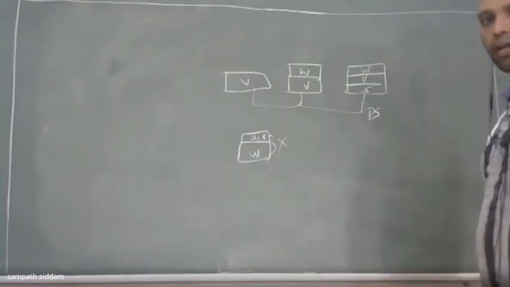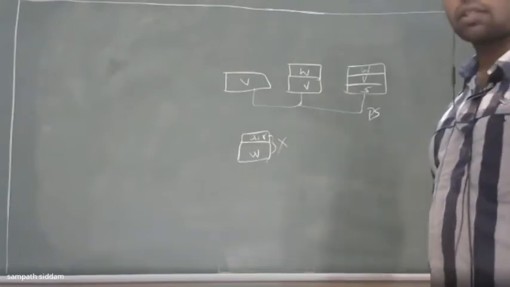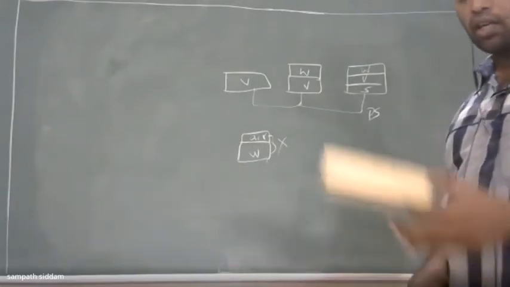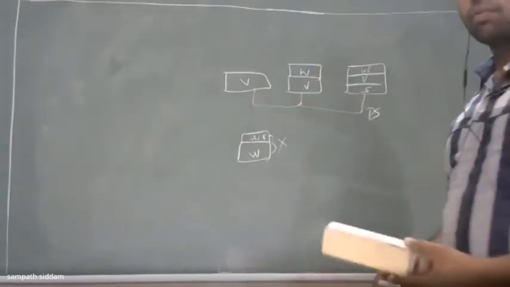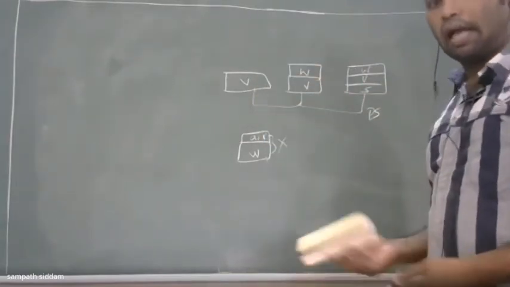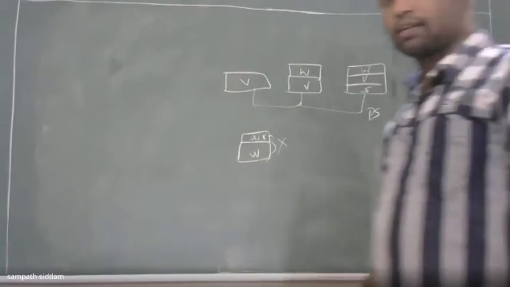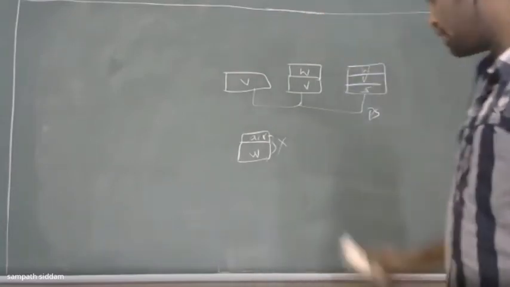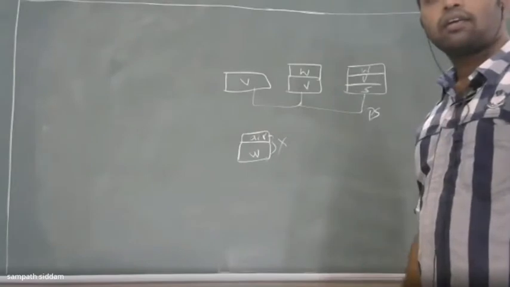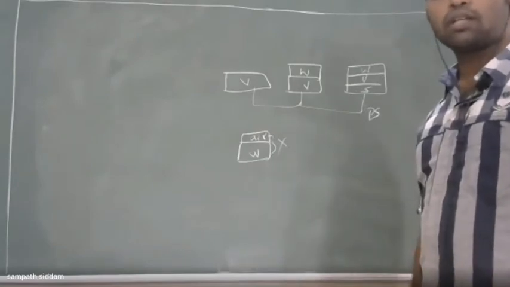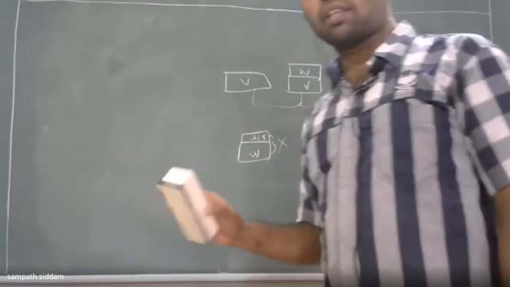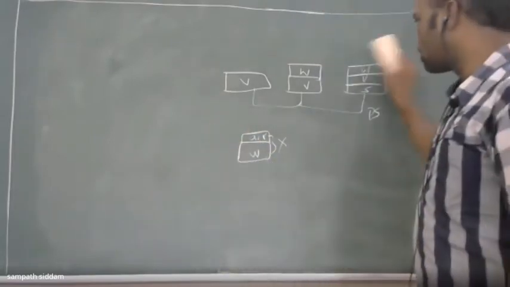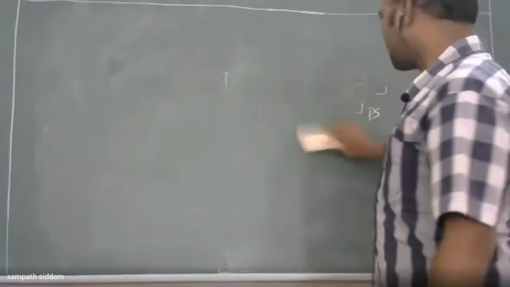Another example you can consider is air. Air consists of a number of gases like oxygen, carbon dioxide, argon and so on. In that, air can be treated as a pure substance as long as its phase remains the same, because air will be in a single phase itself. It's not going to change its phase. These are the topics which you learned in yesterday's class.